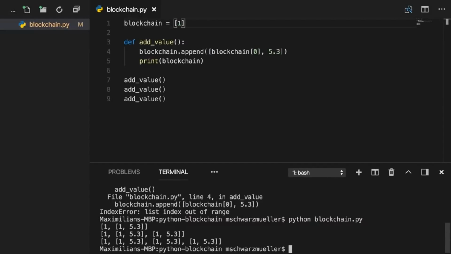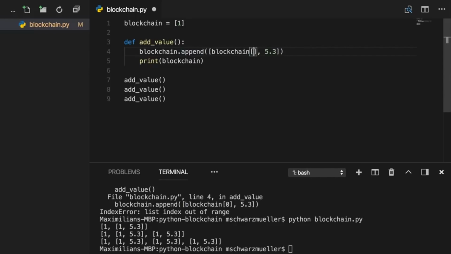So we start working with functions and we start storing data in our blockchain by appending a new value and also referring to the old value. Right now we're always referring to the first value though, which always is a 1 because that is what we start with. If we want to get the last value of the blockchain list, we actually can use -1 though. That's a convenient trick, though trick sounds like it's some workaround.